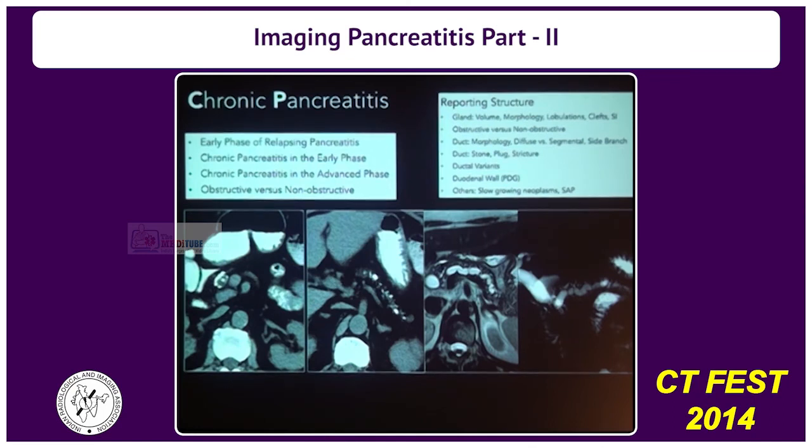I look at the duct morphology, whether it's focal or diffuse dilatation. Is there side branch dilatation in isolation or in combination? If there's isolated side branch or duct dilatation, I have to look for an IPMN and so forth. Whether there are intraductal pathologies like protein plugs, mucins, stones, look for ductal variants, and of course, look for the duodenal wall where you tend to get the